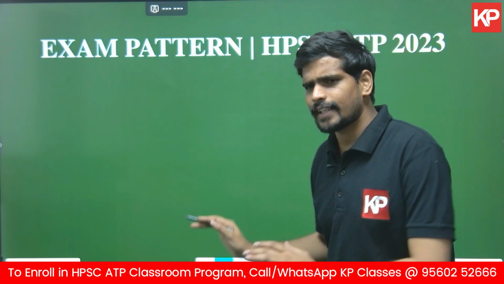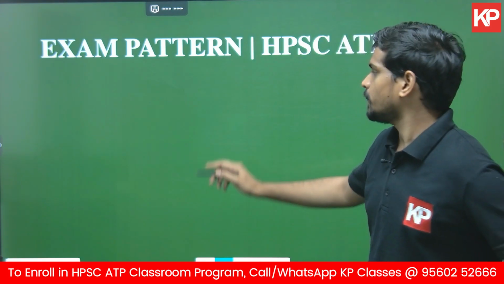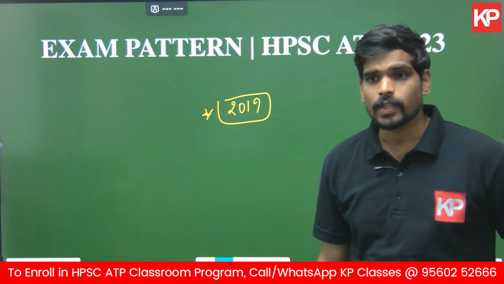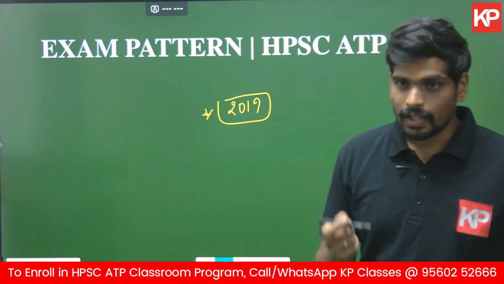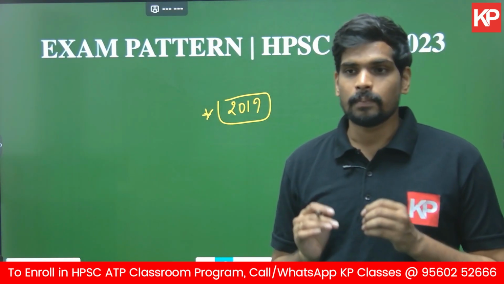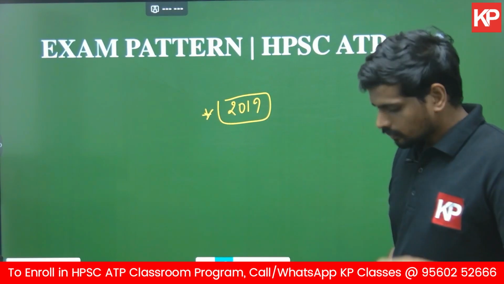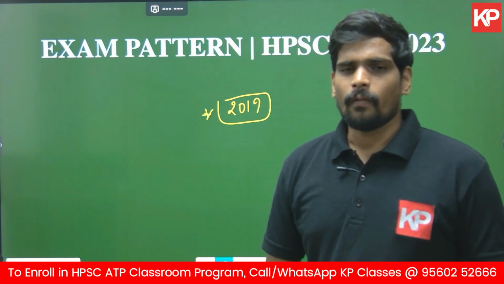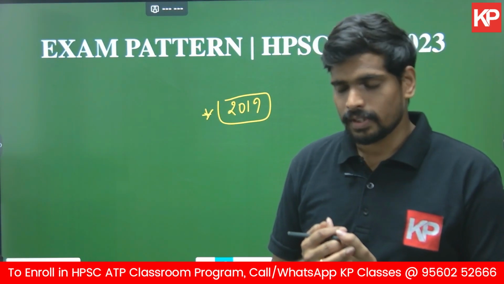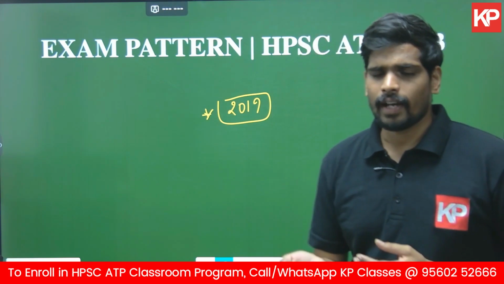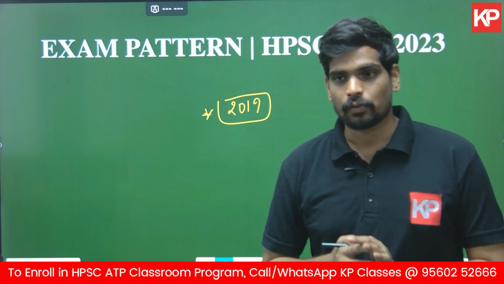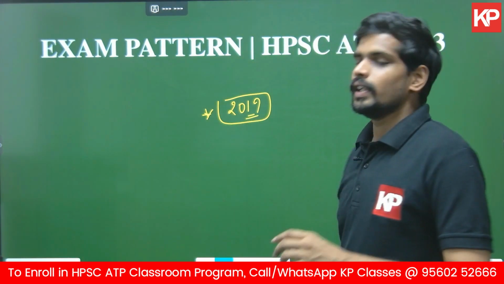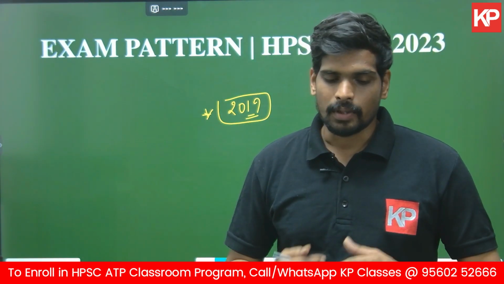The last time this examination for assistant town planner was conducted by HPSC was in the year 2019. So we are going to refer to the 2019 official syllabus and the 2019 question paper of assistant town planner. We are going to take these as the main inputs for designing this particular course. There is a possibility of changes in the pattern once the official notification or official syllabus is published for this examination. If required, we might make changes to the overall pattern of the course structure. But why are we starting the lectures with this 2019 course plan right away? Because the time available would not be very high, and there is a lot of syllabus.